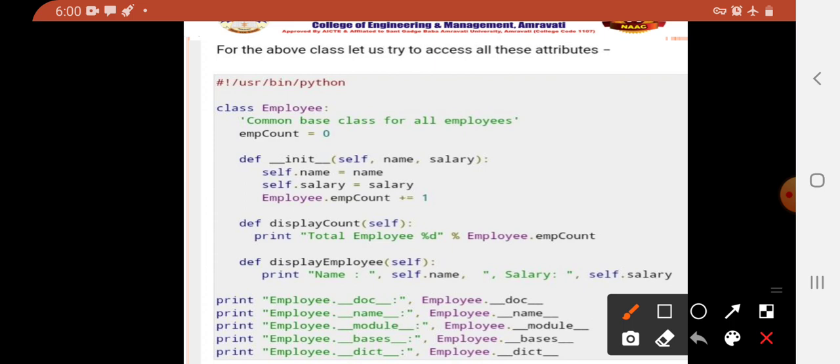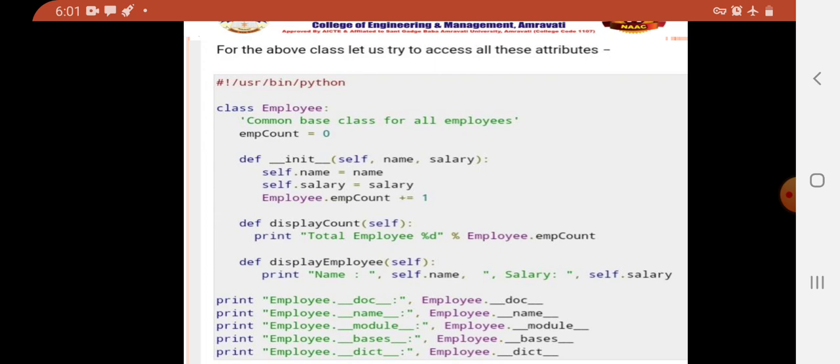Then here, see the five different statements which basically use the inbuilt class attributes. So print employee dot __doc__. After every Employee keyword, a dot is used, and after that the class attribute is used. Okay, the second statement is print Employee.__name__, then __module__, then __bases__ and __dict__. Okay, how it will print the message on the console, we will see in